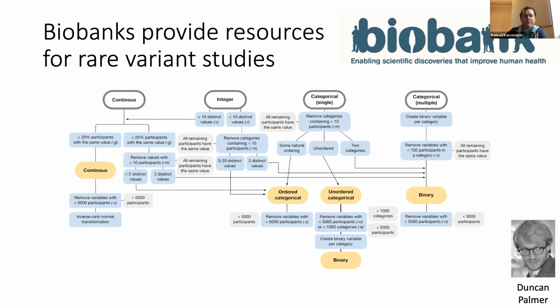I should point out a lot of the phenotypic work that was done here was run by Duncan Palmer using a tool called Pheasant, which cleans up a lot of the phenotypic data. While a lot of it is very structured, there's still a lot of QC that needs to be done with this phenotype data. And so here I'm just showing an example of the pipeline of Pheasant and how it considers different types of variables and, when they behave in certain ways, what kind of QC we perform on them. By the way, all of this data was published as a preprint on medRxiv last year. All this data is available in the supplement. I'm happy to share that if needed.